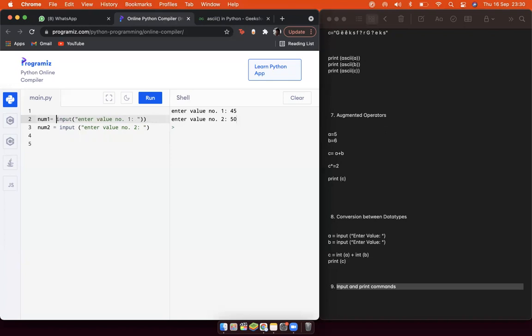Normally it would just put it as a string, right? So for example, you've made this mistake, right? Now we're coming to the last thing, conversion between data types. So here